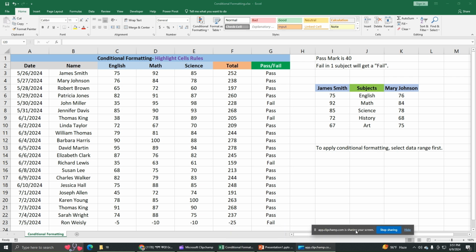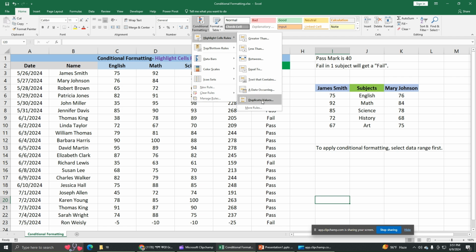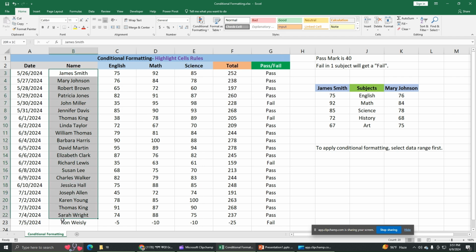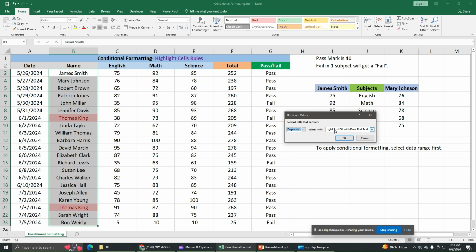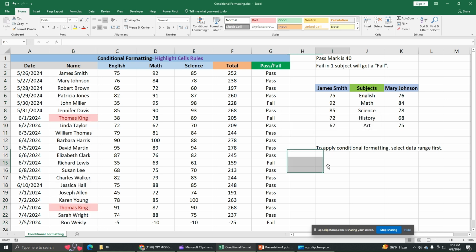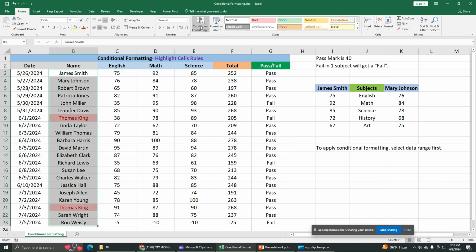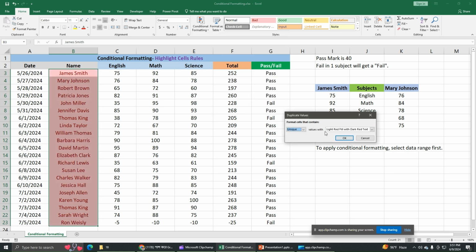Now we will see duplicate values. For that, I select this column and select duplicate values, and here only duplicate values will be selected. If I click OK, there are only these two duplicate values, and all these values are unique. Unique means every value appears just once, and duplicate means it appears more than once. I'm selecting the dataset again, going to duplicate values, and here I'm selecting unique,